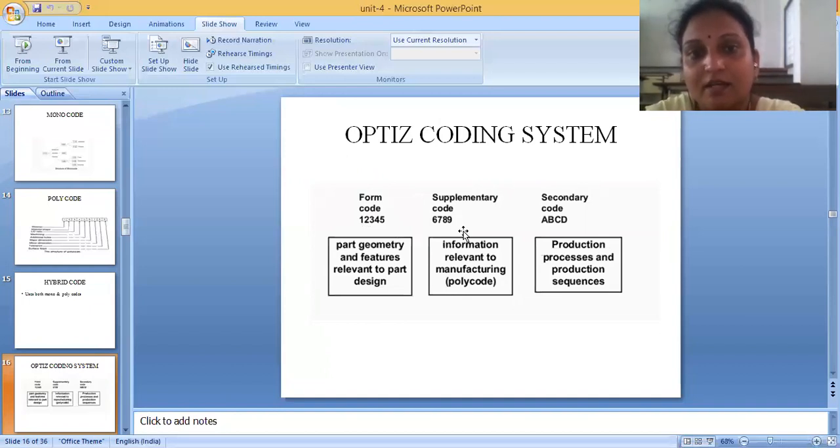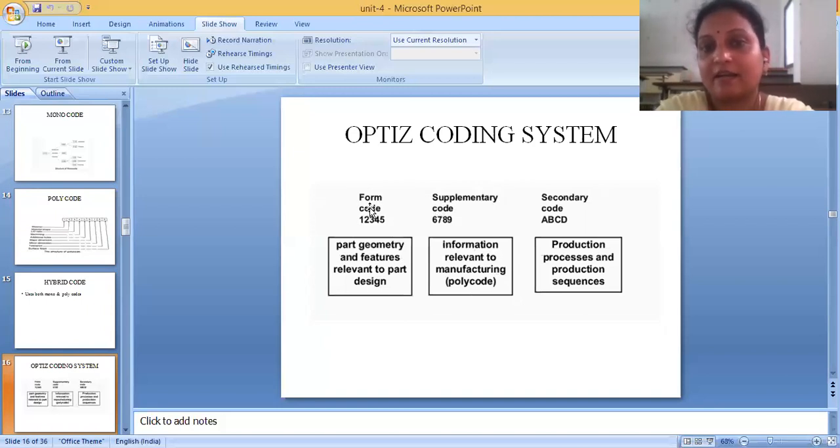The first 5 digits will make a form code. Form code means it will speak about the geometry and the design of that particular part. Next is a supplementary code, which is a polycode, which will speak about the manufacturing process. Next is a secondary code which speaks about the sequence of operations.